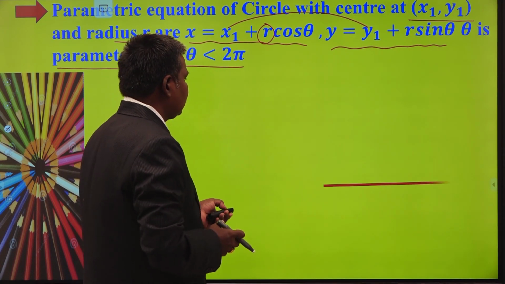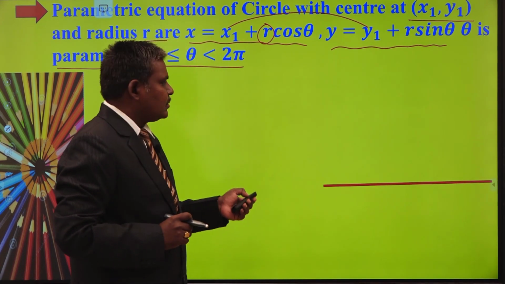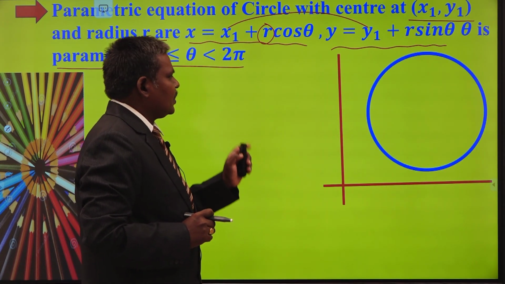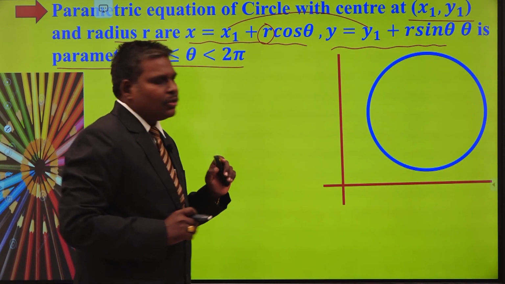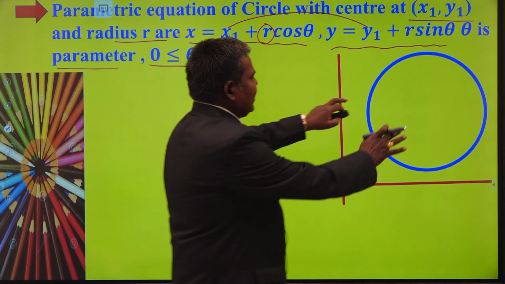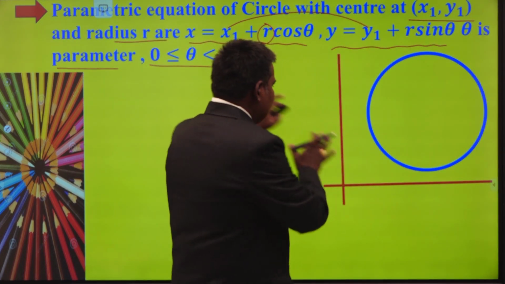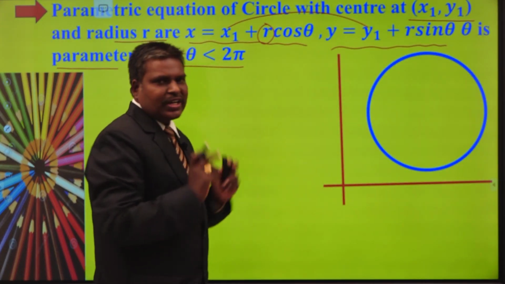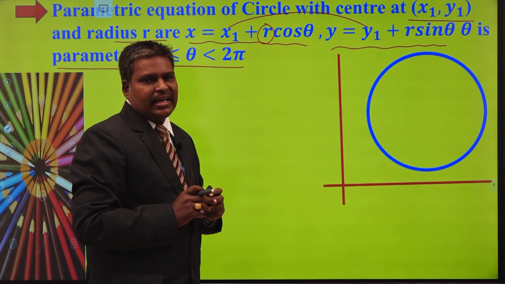Okay. This is the x-axis. This is your y-axis, say. Consider circle S equal to 0. For the sake of convenience, I am taking it in the first quadrant. Similarly, you can take the second, third, or fourth quadrants, whatever it may be. What is your target? Don't forget your target at any time.